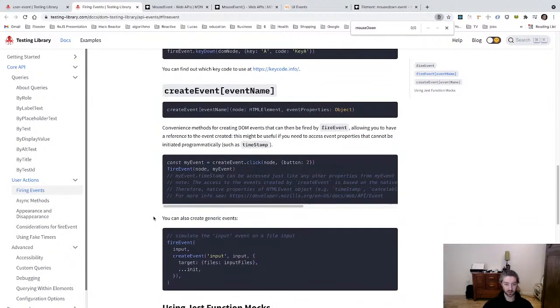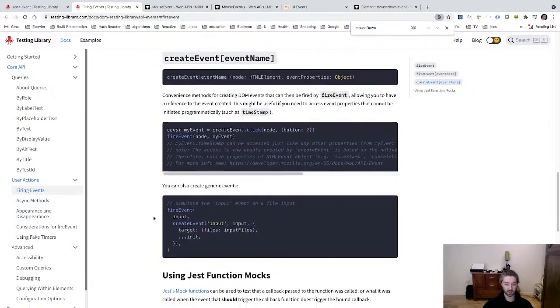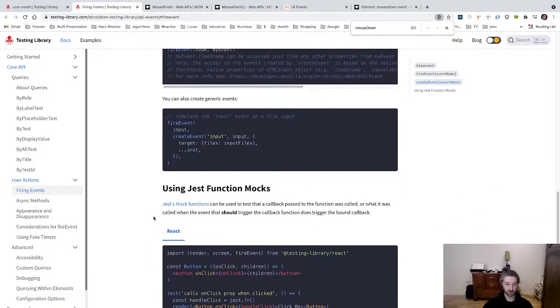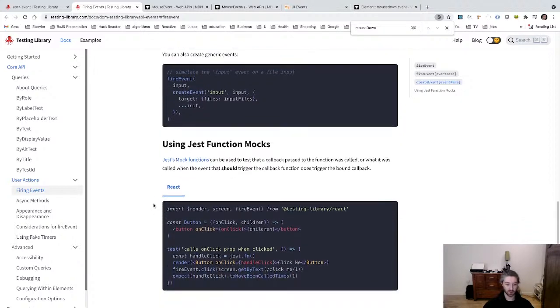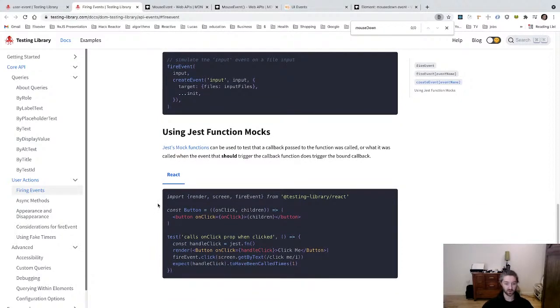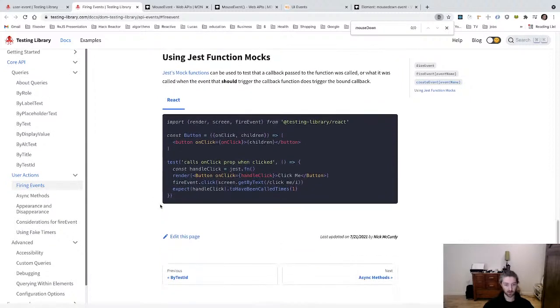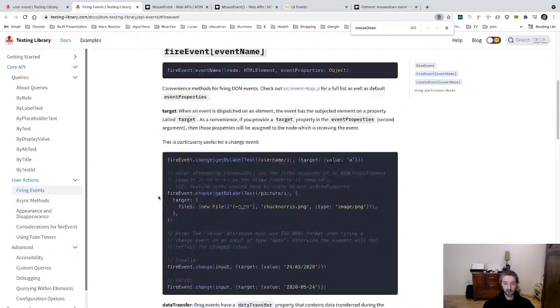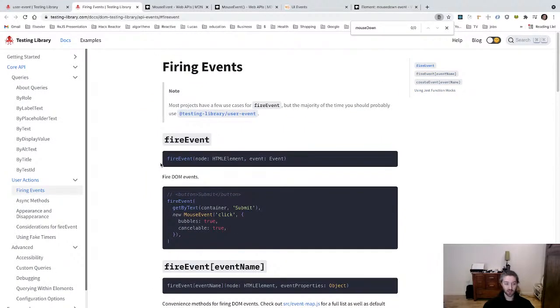Keyboard events. The event that should trigger the callback function does trigger the bound callback. Yeah, but